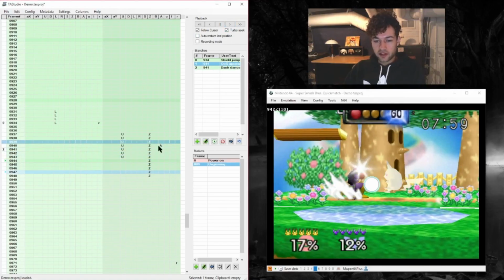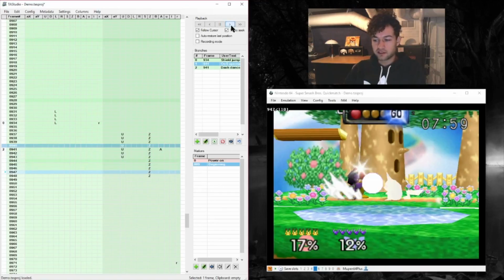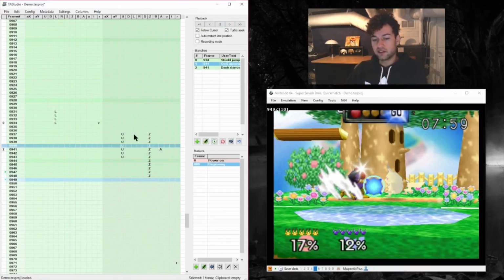Yep, we have 2 frames, and so pretty much this is the exact same thing as the shield jump, because all we're doing is using the invincibility, or the intangibility I should say, that we get from shield jumping, but we're turning it into an up smash instead of just shield jumping out. This is nice because it's a stronger punish on Pikachu because we get the up smash. So maybe if we get the timing down for shield jumping, we should just do an out of shield up smash instead. But once again, this is reliant on our timing,